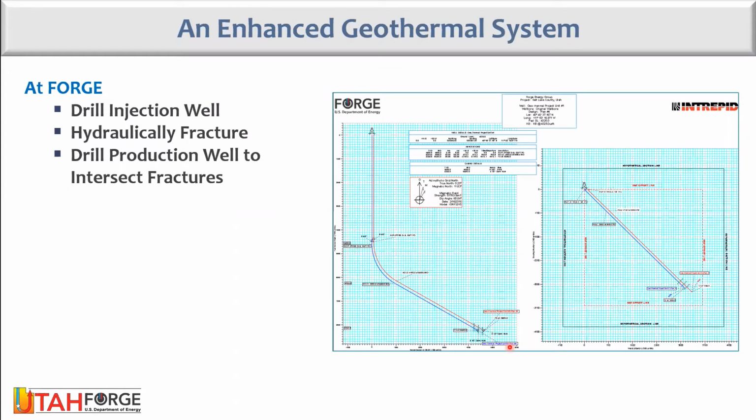We have in the middle an elevation view of what the subsurface laboratory is going to be, and at the right-hand side, a plan view. So the initial plan is to drill the blue well, which we'll call the active well or the injection well. We'll drill the blue well, and actually we're going to spud that well in about 2 weeks. And that well is going to be drilled to just under 11,000 feet total length, measured depth, and it'll be at a depth of about 8,500 feet below the surface, true vertical depth, and the bottom hole temperature will be